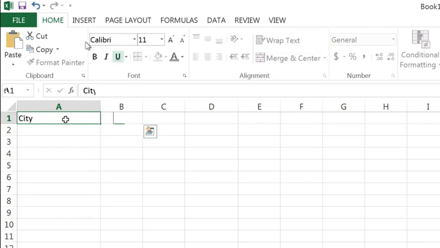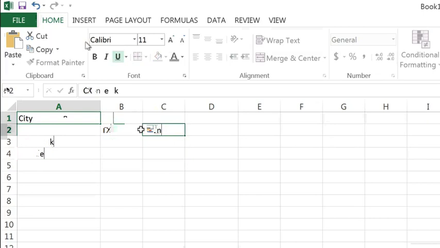So let's say we have Dallas, and over here TX, and we have New York, and over here we have NY, and we have, let's say, Seattle, and then we have WA. And in this cell, let's say I want this to look like Dallas, Texas. What I can do is start a formula, so I'll do equal, I'll say concatenate, and I'll go ahead and